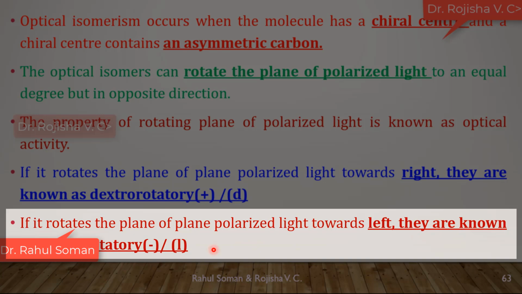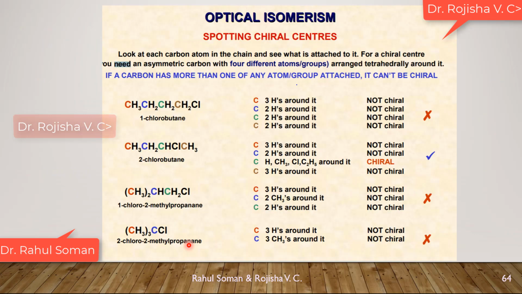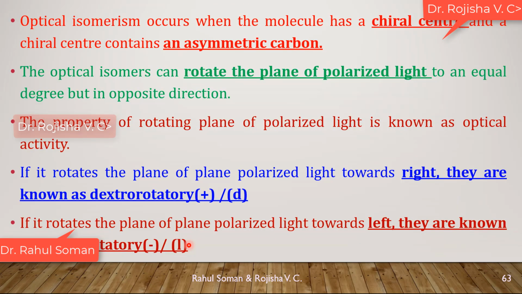Enantiomers are objects which have non-superimposable mirror images. So, if the original object rotates the light in the plus direction, then its mirror image will rotate the light in the minus direction, the opposite. So that's clear, no?